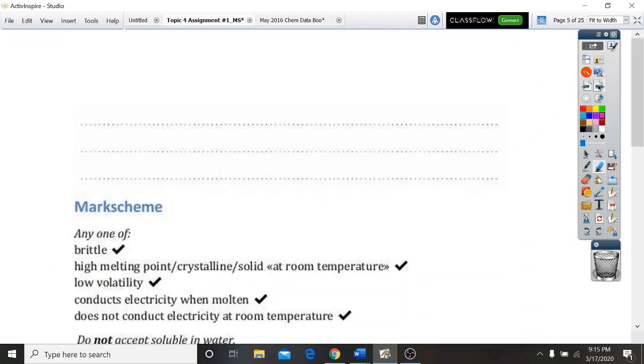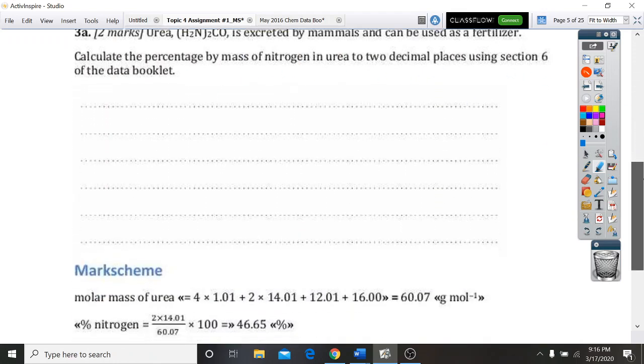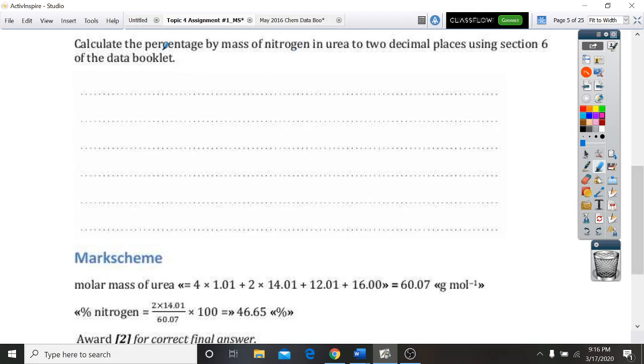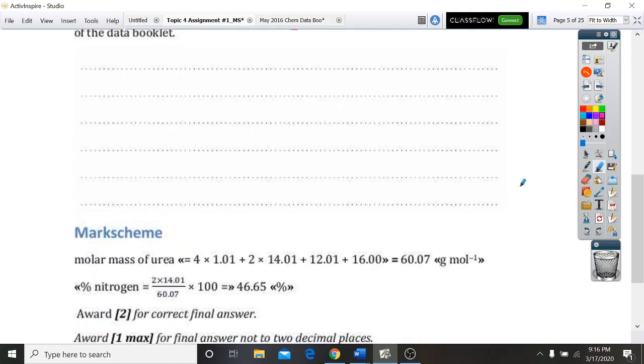For 2C, I'm pretty sure you're fine. Please let me know if you're not. 3A, I'm also sure you're fine, but I do get surprised at how many students forget how to calculate a percentage. So since they want how much nitrogen in grams is part of urea, right? Then all you have to do is know urea, and it's given to you here. Add all of the relative atomic masses of each atom together first, and that equates to 60.07 grams per mole. And then just take a division of the total amount of nitrogen over that whole. And so that should give you